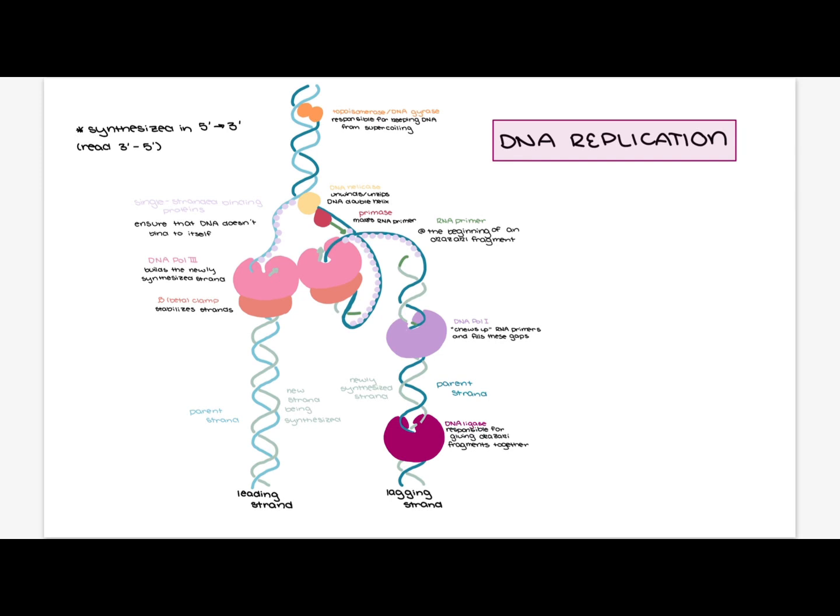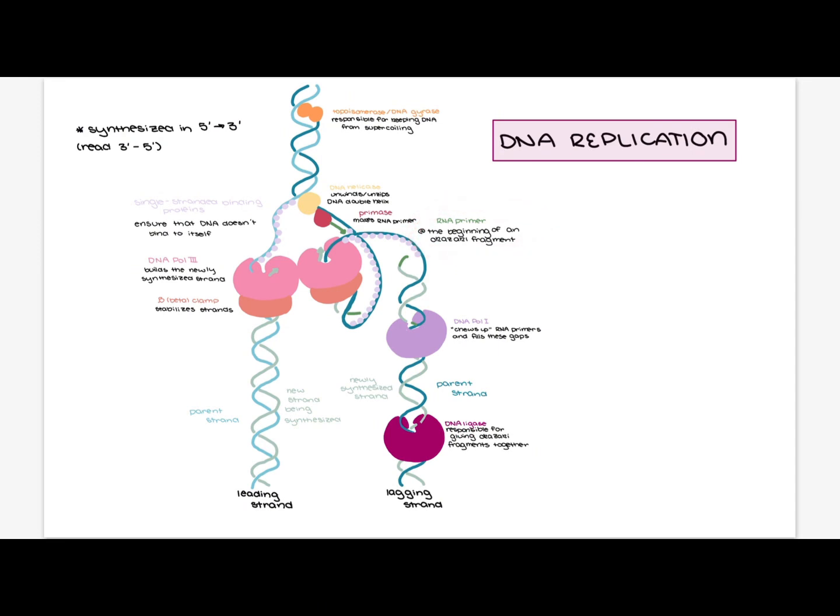And that can be a little tricky to wrap your head around, but basically we're going opposite the direction that the replication fork is outputting. So we have these Okazaki fragments because we're having to kind of synthesize and then go back and then synthesize some more and then go back and fill in these fragments,